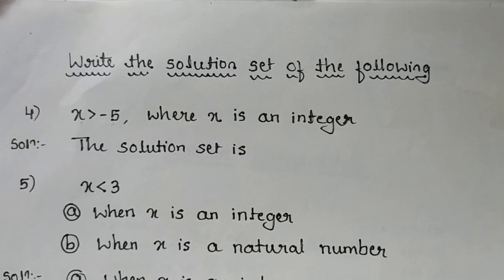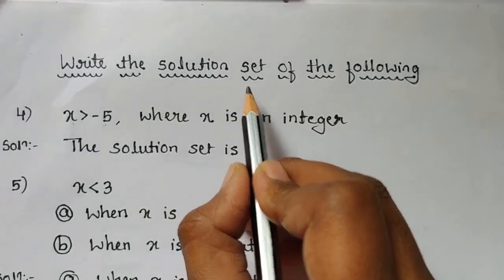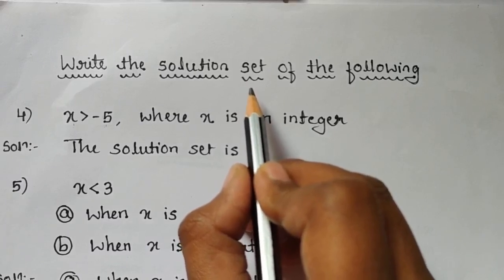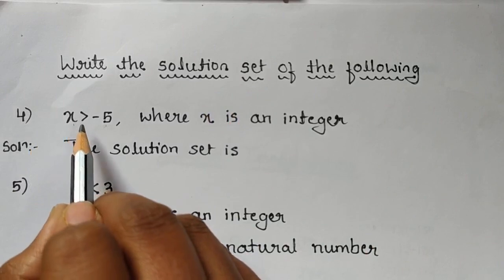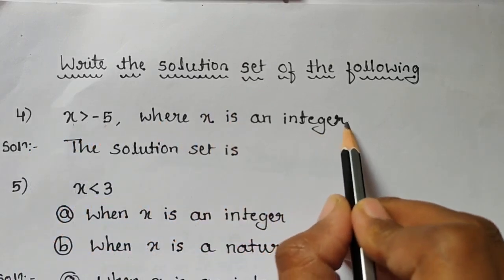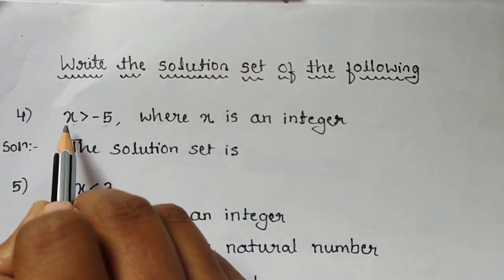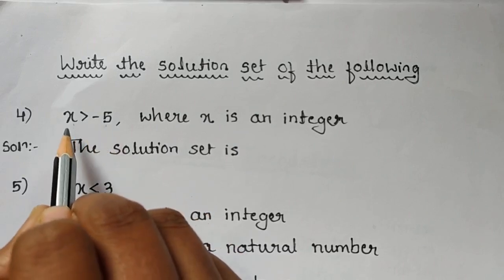Hello students. In my previous video, I have explained 3 examples to find the solution set of the given inequality. Now we will solve some more examples. The fourth example is x greater than minus 5 where x is an integer. Remember that solution set means the set of all values of x which satisfies the inequality or which makes the